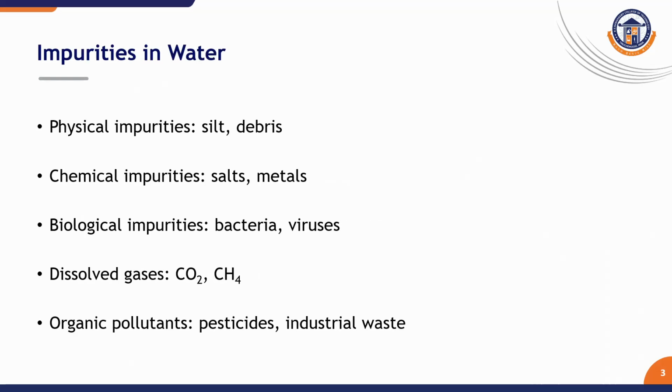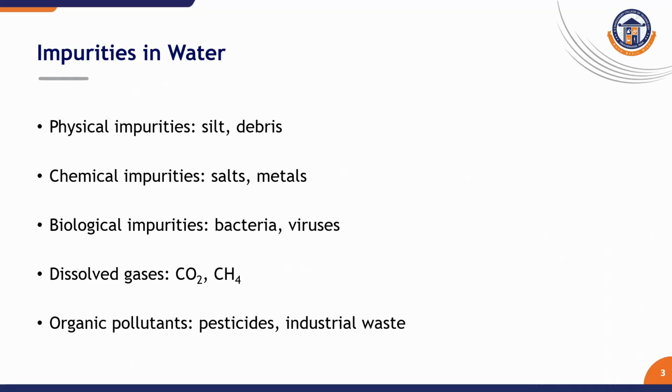Let's talk a little more about the different types of impurities we might encounter. Physical impurities, including sand, silt, debris, and suspended solids, make the water appear cloudy and dirty. Next, the chemical impurities involve dissolved salts, heavy metals like lead and arsenic, and sometimes harmful chemicals introduced by the industries or agriculture. Biological impurities are particularly dangerous: bacteria, virus, protozoa, and parasites that can cause severe illness like cholera